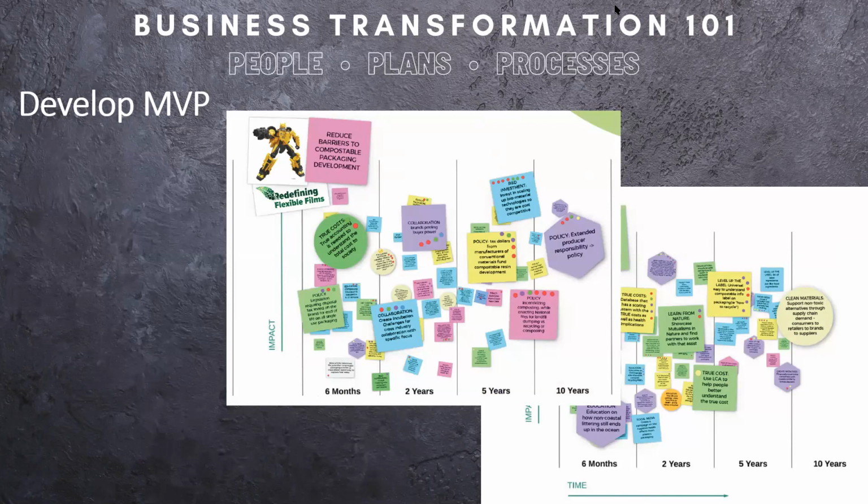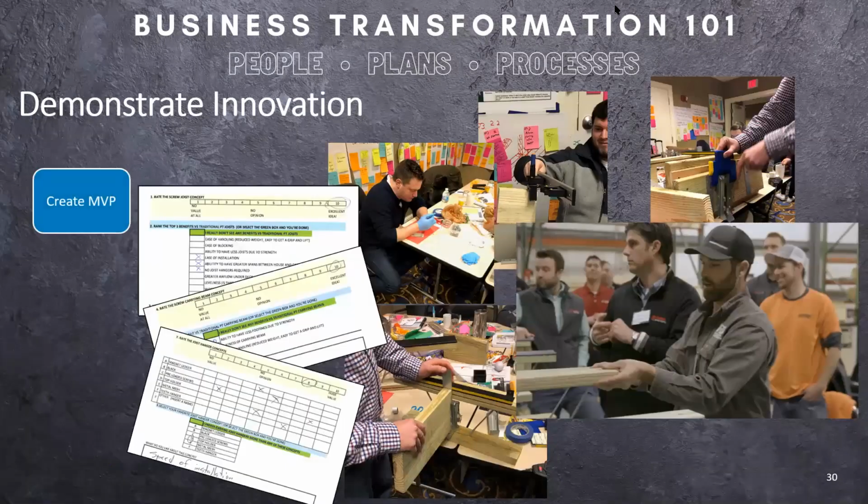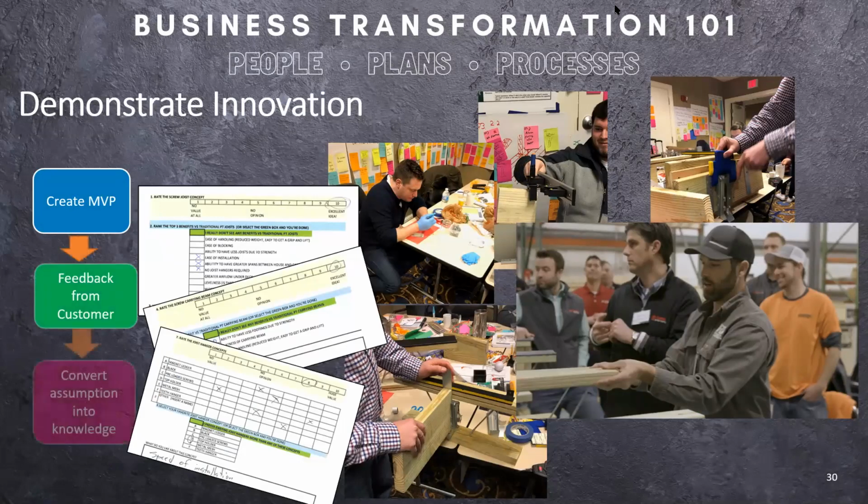But we are at the front end of innovation where we want to test our idea. So that's where the minimum viable product comes in. What's the minimum viable product where we can test our assumptions and turn them into knowledge? And that leads us to demonstrating the MVP. We first start with paper prototypes, non-working prototypes, 3D models, simulations, eventually to get feedback from our customers so that we can convert our assumptions into knowledge and we can iterate through this process so that we resolve the 4